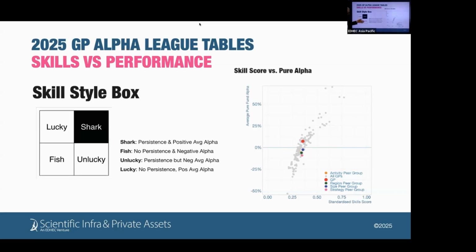And for other managers, we see also not particularly different from 50% probability of delivering alpha, but on average it's negative, so they've been unlucky. And then there's a whole bunch of managers in that quadrant, which tend to deliver negative alpha and cannot persist to deliver positive alpha, right? So we call them the fishes, which are obviously the least desirable